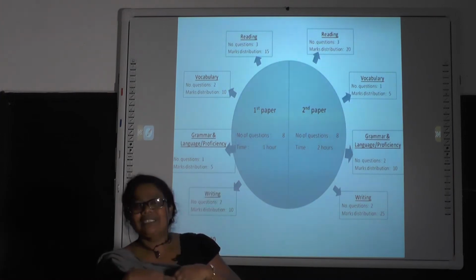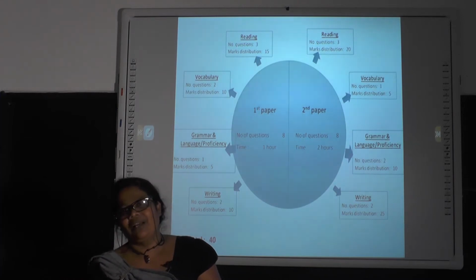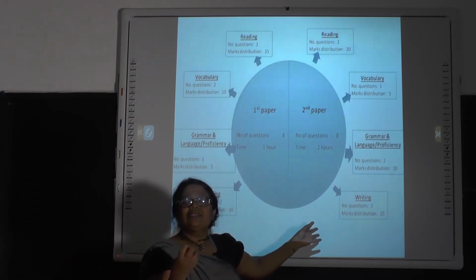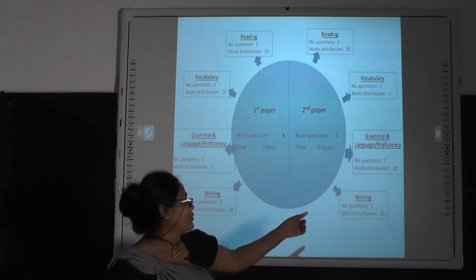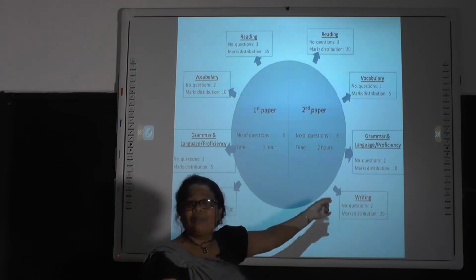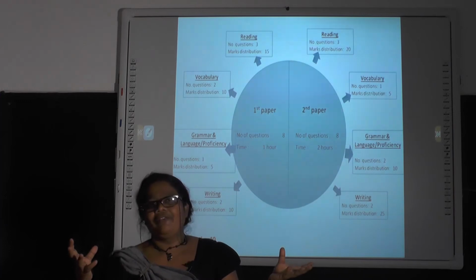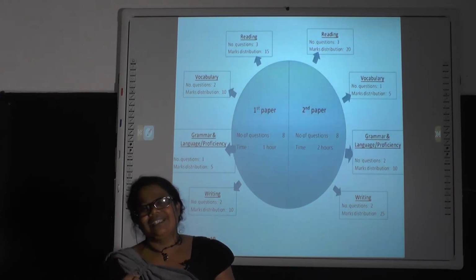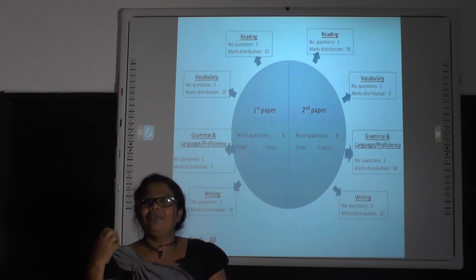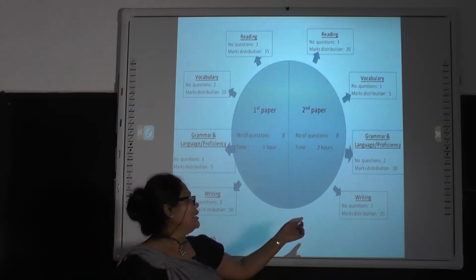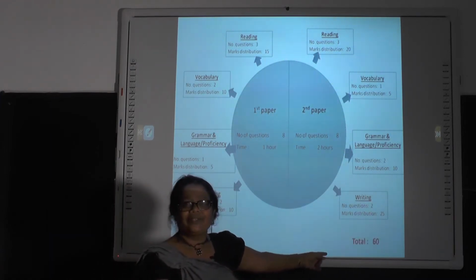You see question number 16. You have to write 200 words. It carries 15 marks. If you try to write simple sentences using the given guidelines, in question number 16 and question number 14 you are guided, you are given some language. So if you think logically, if you have a sense, or if you have read well, it is easy to answer these questions. 60 marks are allocated for this.